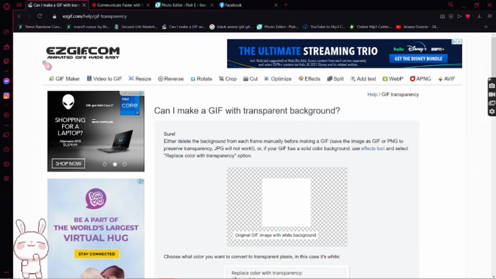Go here, which is easygif.com, and you can actually turn a video into GIFs. Basically, you can make a video, you can crop it, cut it, edit it, put it in as a GIF, and then as a GIF, you can edit it, crop it, add on effects and stuff like that to it. I already have a video made, but I'm going to show you a really cool screen recorder that I found.